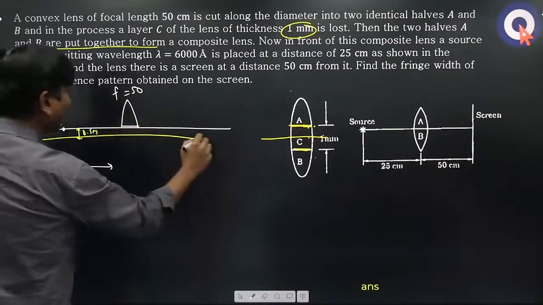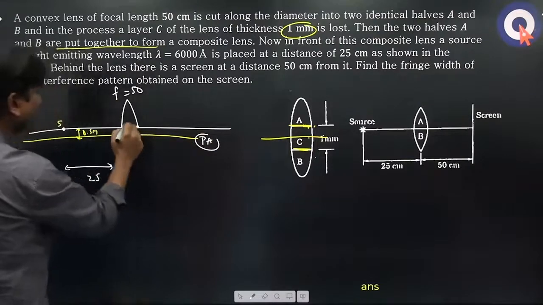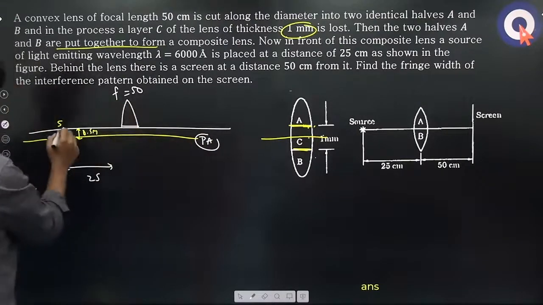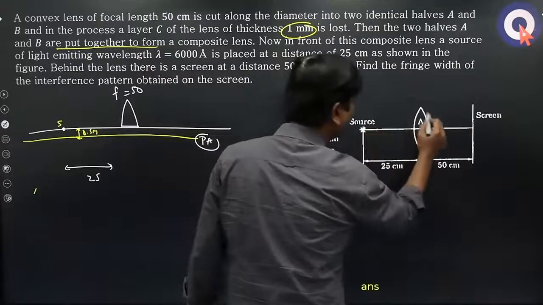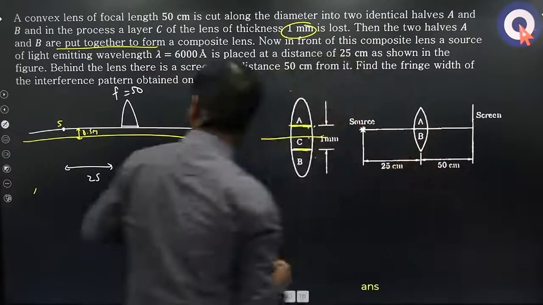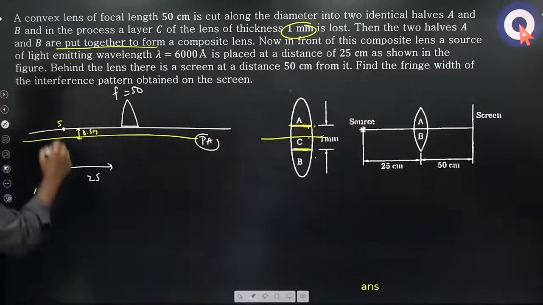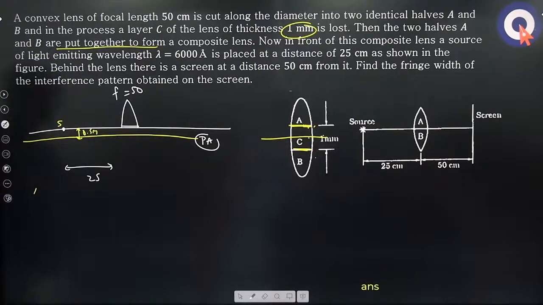Actually, this is the principal axis. Okay, this is the top part. This is the source, right or not? This is the top part, this is the source, but for this top part, the principal axis is below. This is the principal axis. Now, as if the source is placed above the principal axis by 0.5 mm, and if you use the lens